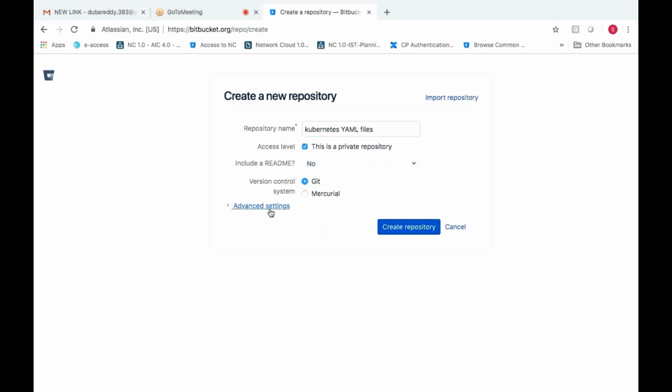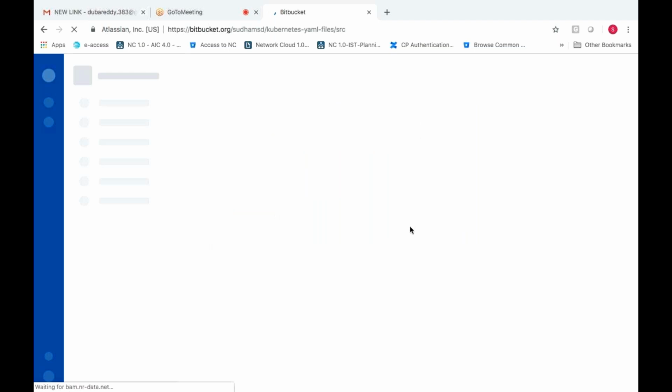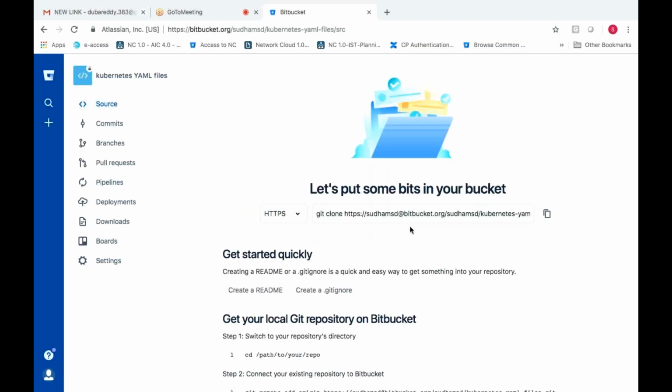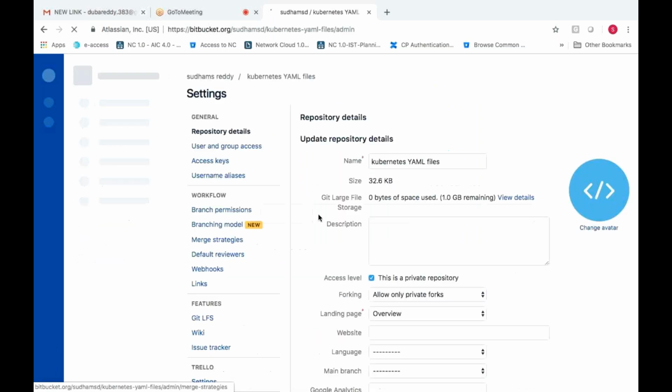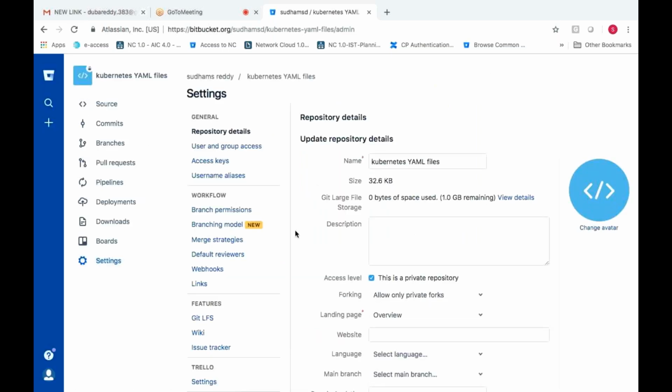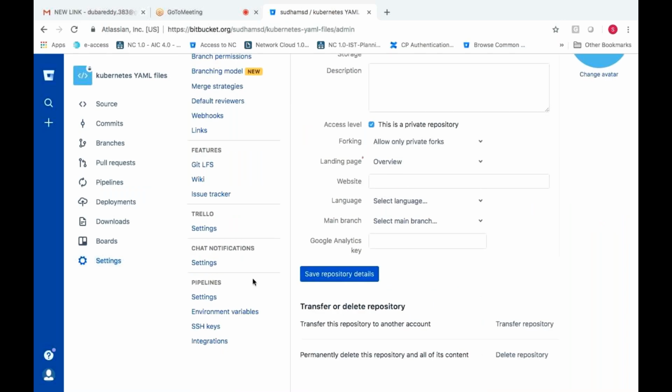I don't want the advanced options. I just want to make it public for all folks.